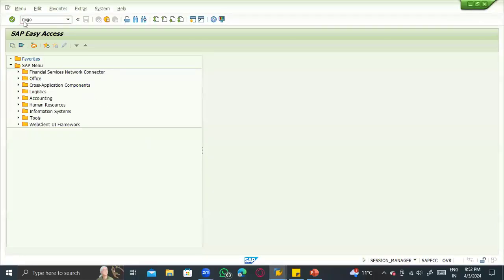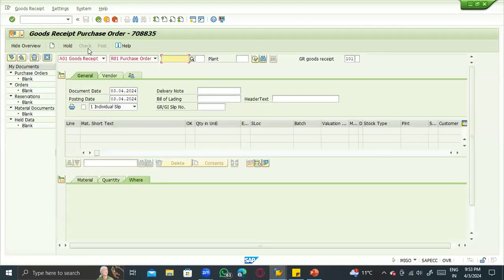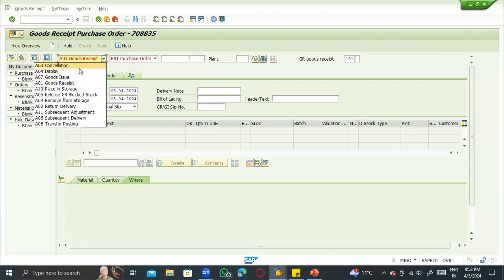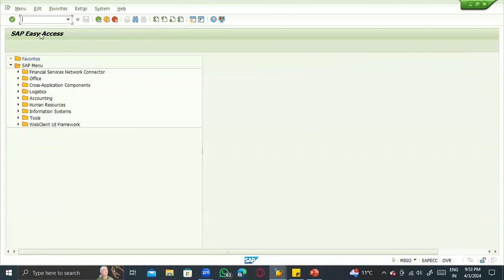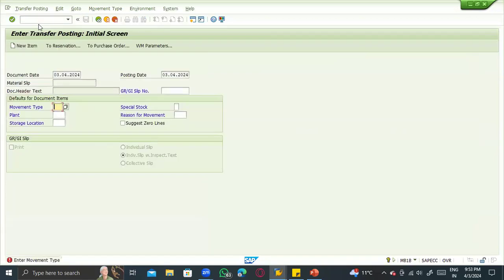One is MIGO, which is the one single transaction code. That transaction can do all kinds of processes like cancellation, display, goods issue, release GR blocked stock, return deliveries, all we can do. But in the older versions, like MB1B, there is one transaction code only for the transfer posting. If I go to MB1A,